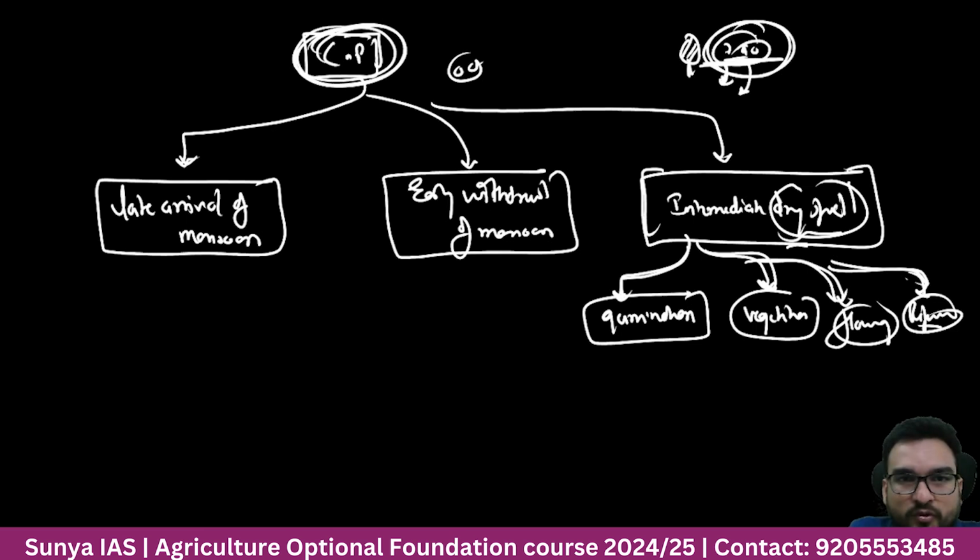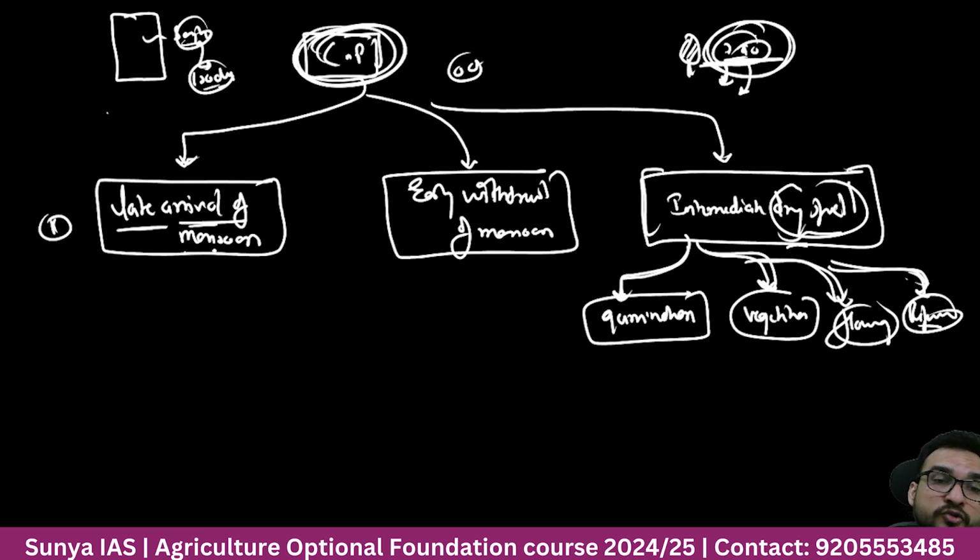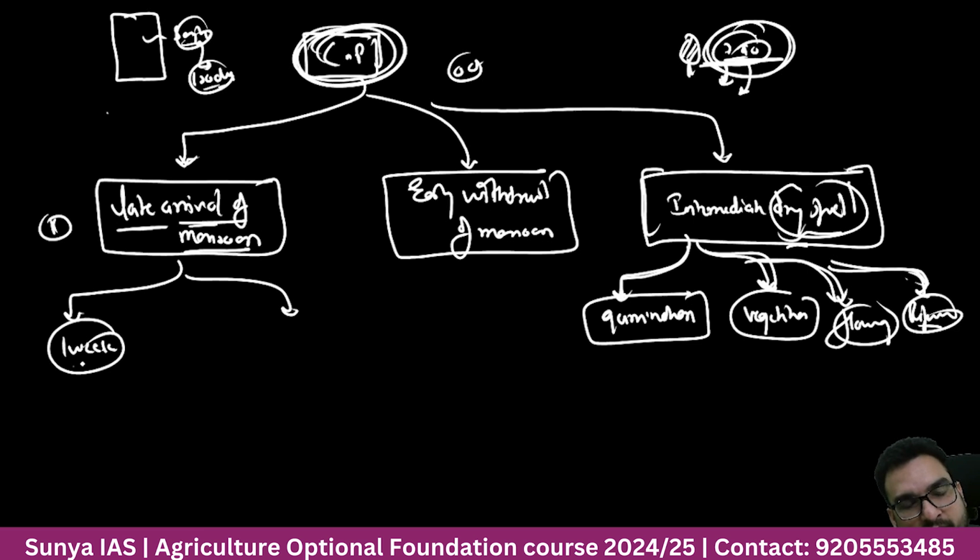All right, guys. So first of all, see three conditions. I am a farmer. I already told you I was growing sorghum. Sorghum variety takes 150 days. This variety. So late arrival. Now first condition we will see is that suppose the monsoon is arriving late. Now how much late? Here also two conditions happen. If the monsoon is arriving only 1 week late, monsoon is late by 1 week only, then